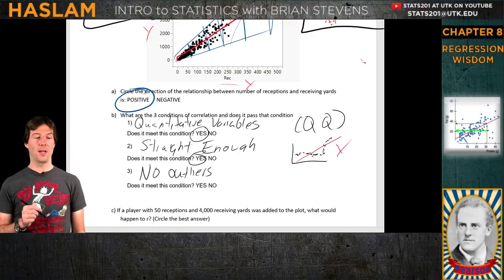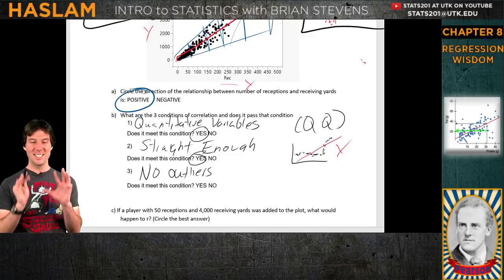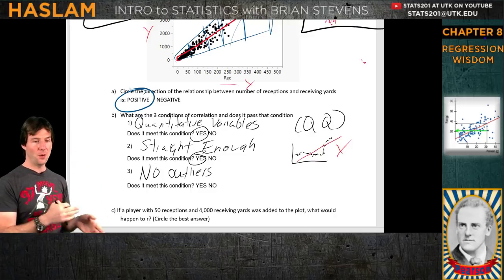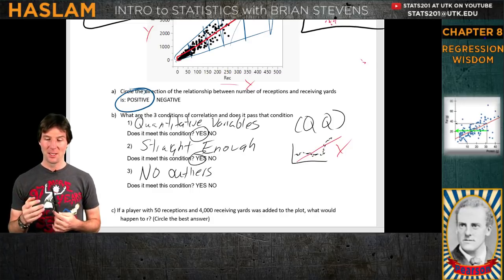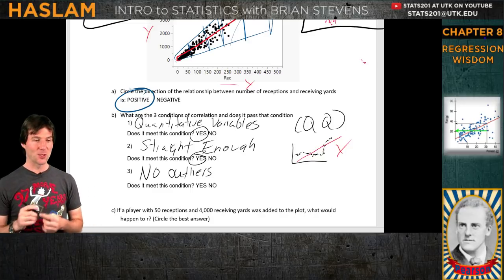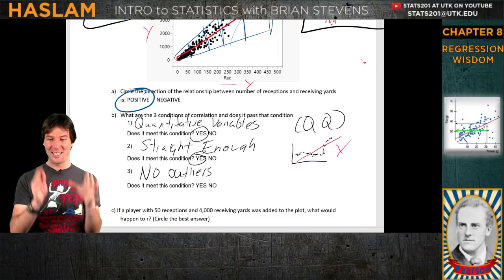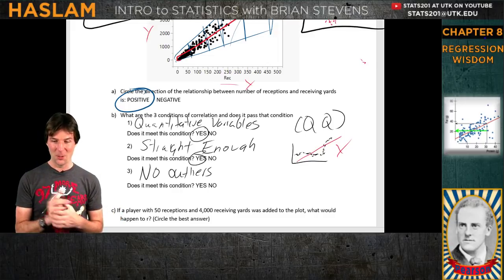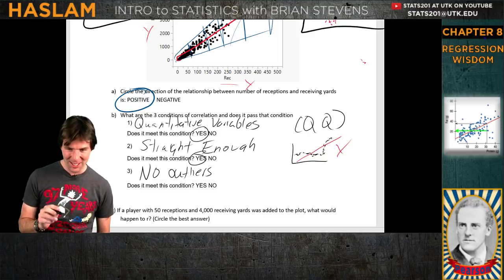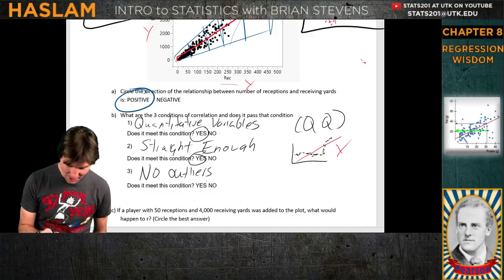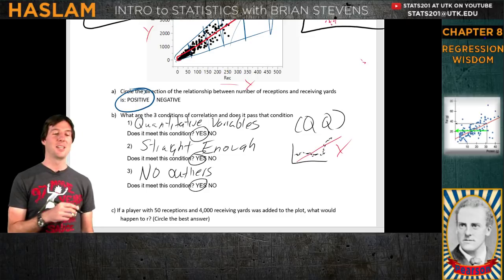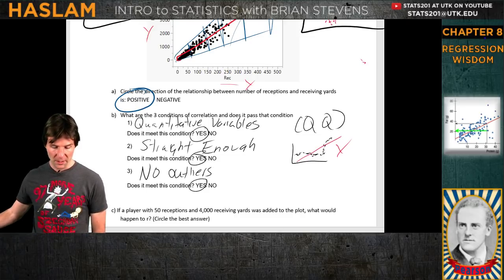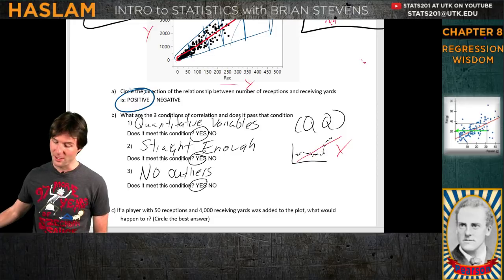And so with no outliers, what do we want? To meet this condition, we want, it's going to be mind-blowing. To meet the condition of no outliers, what do we want? We would like there to be, Kurt and Chris in the chat, thank you very much, no outliers. Amazing. We got here no outliers, and we do meet this condition. Now, this is a symptom of the can't say that word.